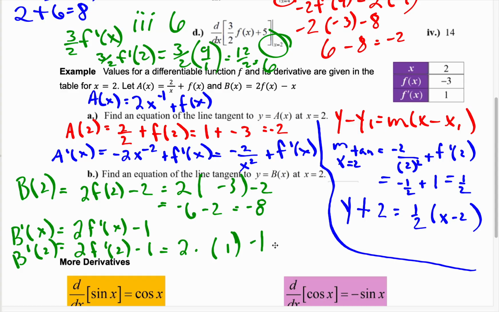Minus 1 is 1. So here we go. Equation of the line is going to be y minus y1, which is 8,